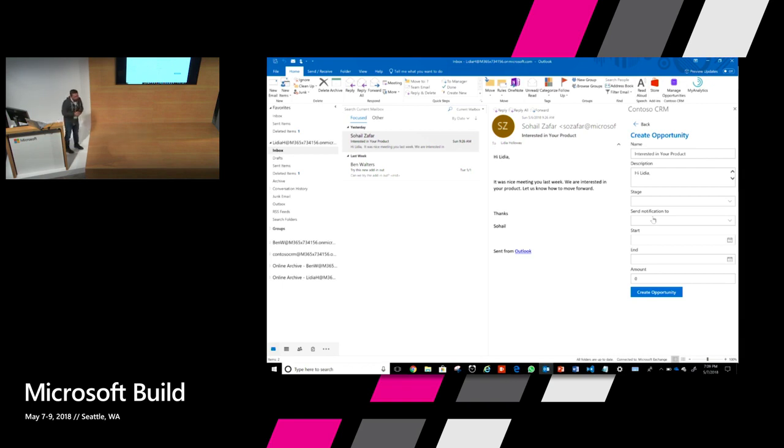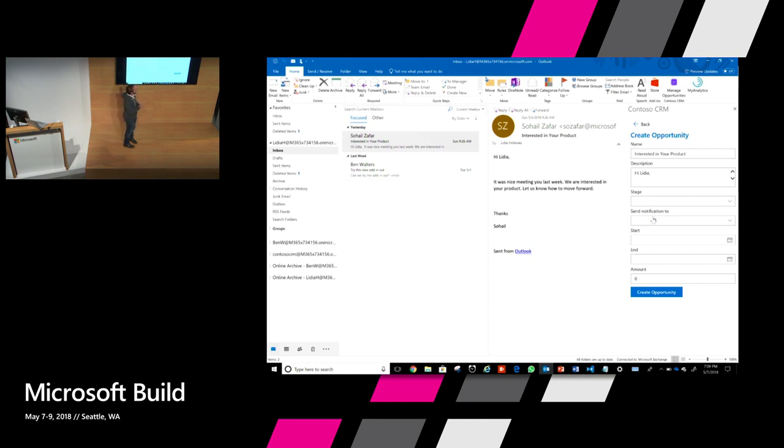Before we go further, I want to call out some magic that happened behind the scenes. Notice when Lydia launched this add-in, she wasn't asked for any login prompt or challenged for credentials. This happened because of the new capability that we added, which is single sign-on.